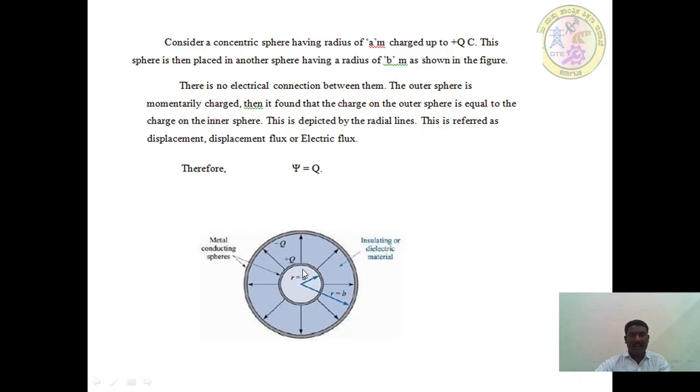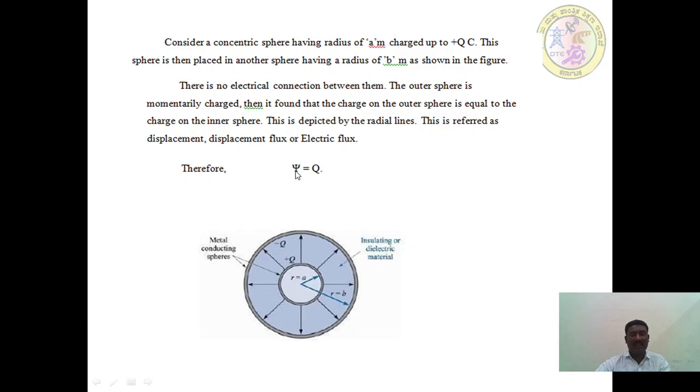See here, there is a displacement of charge in the opposite value, that is, inner sphere positive value, outer sphere negative value, right? This is called displacement flux, generally called electric flux. Therefore,